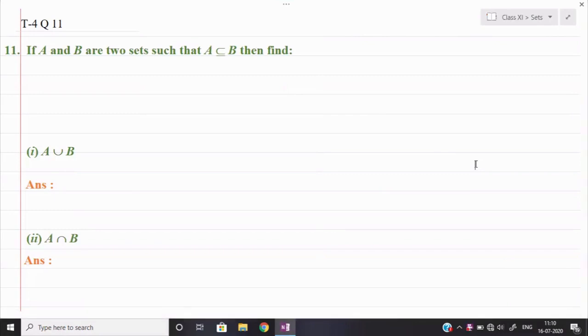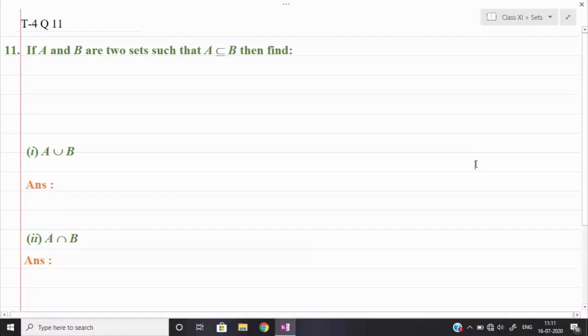Today we are going to start from question number 11. In the last session I have covered till question number 10 of type number 4. In this type we have already covered the definitions and the applications of union and intersection of two sets. Then later on I explained the difference between two sets and the symmetric difference between two sets. Okay, so now we shall see question number 11 and then later on we shall see the complement of a set also. Today we shall cover all the questions of type number 4.